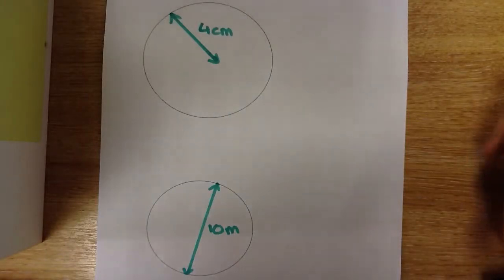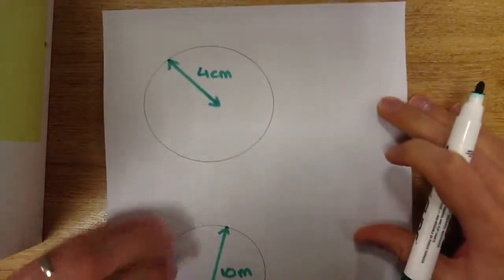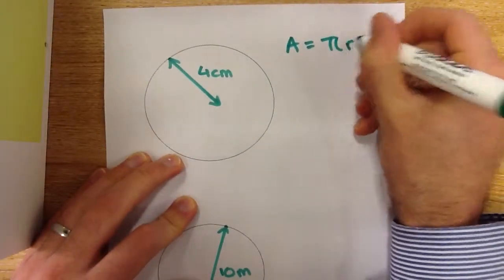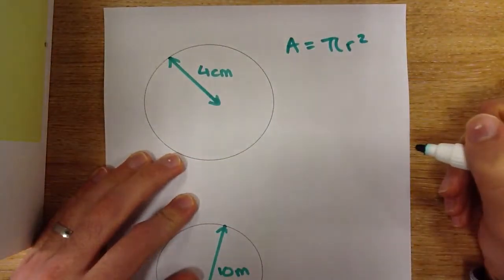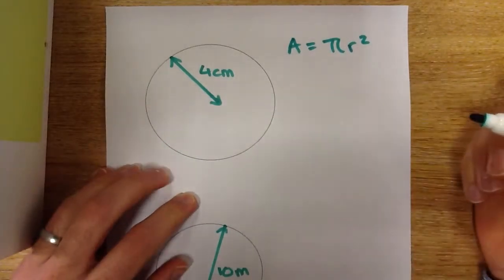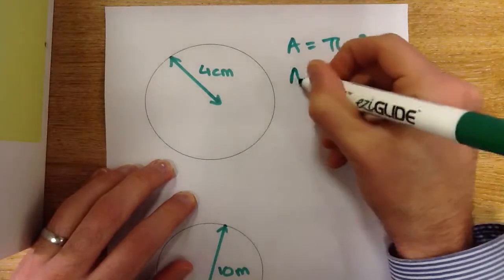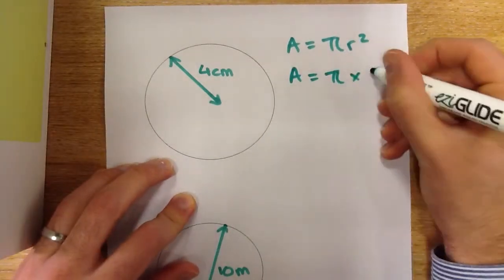This video is going to be about how we find the area of a circle. Now the formula that you need to remember is that the area is pi times by the radius squared. So in this particular question you can see that my radius is 4 centimetres, so A equals pi times 4